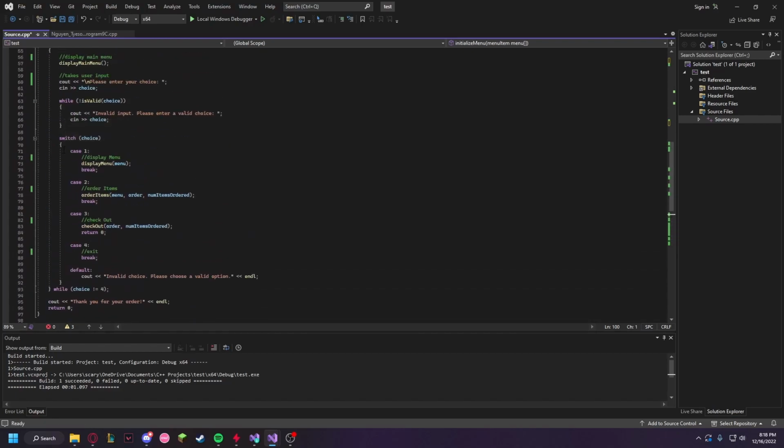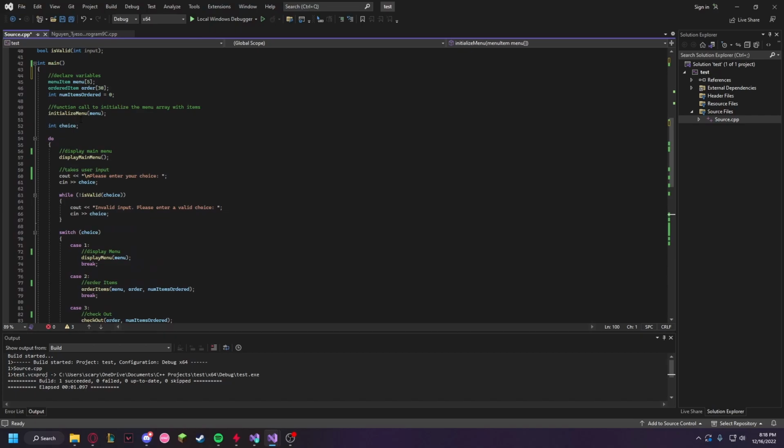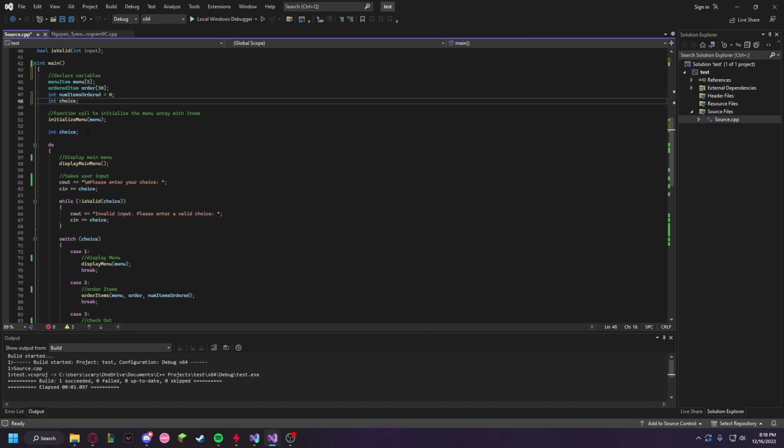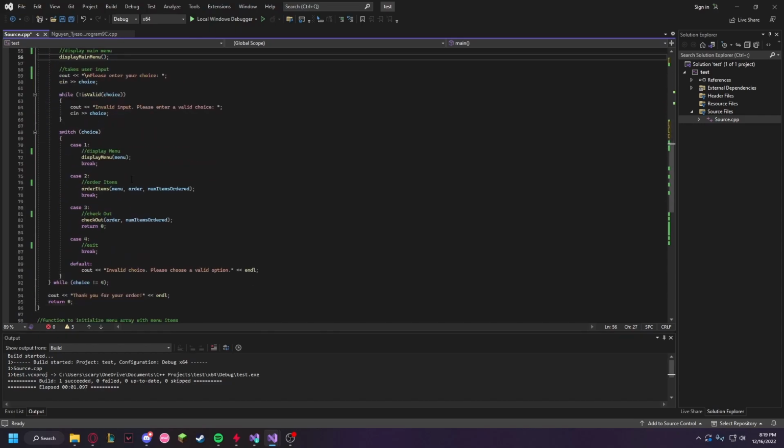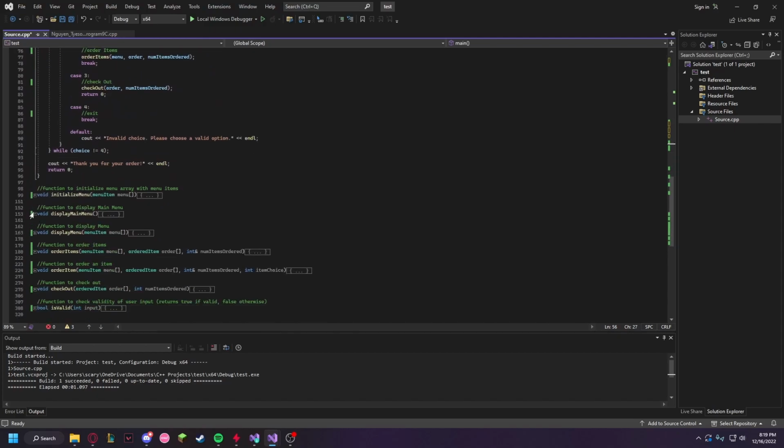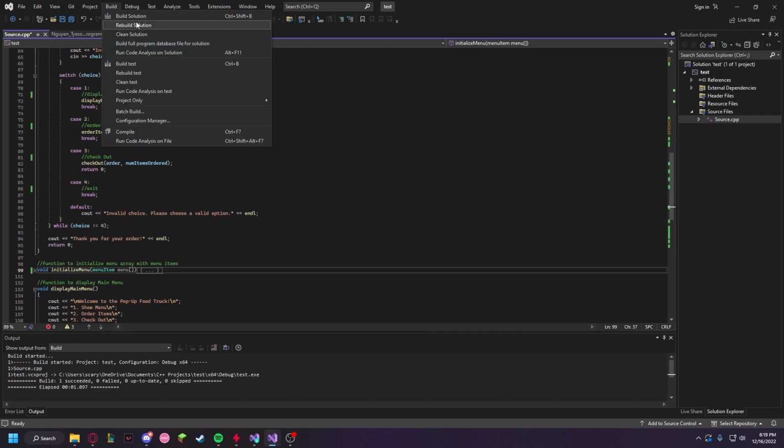We start off with our do while loop, and we have our second function that displays the main menu, which is over here. And if we actually run that,